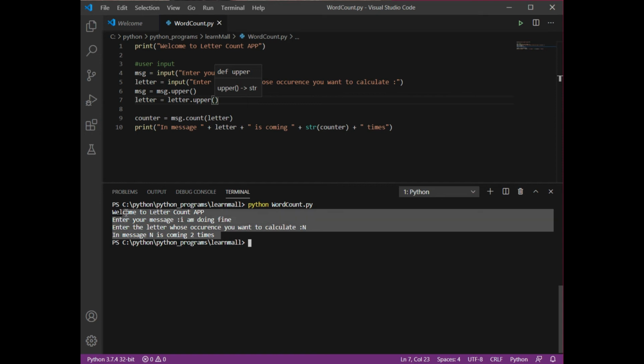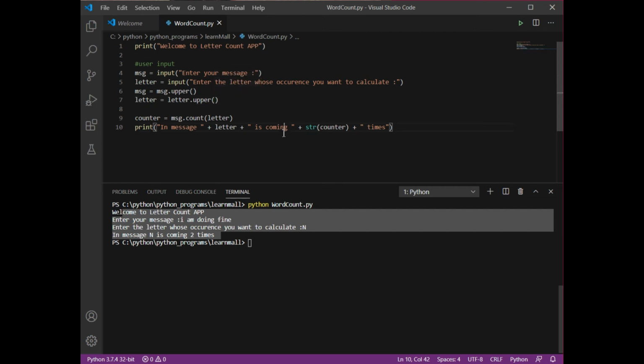So in this case my interpreter is not considering whether you are entering the message or the letter in uppercase or in lowercase, because with the help of line number 6 and 7 it is going to convert that into uppercase. Now that is your choice whether you want to convert that into uppercase or in lowercase. You can do it both ways, right?